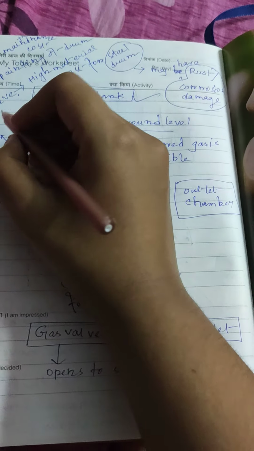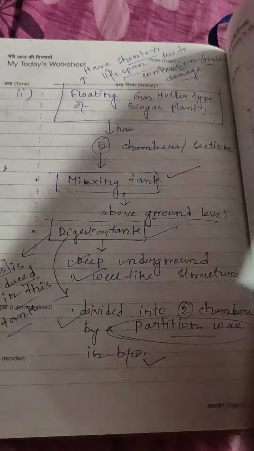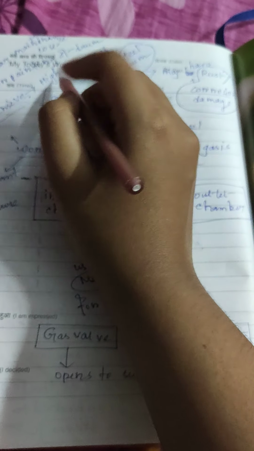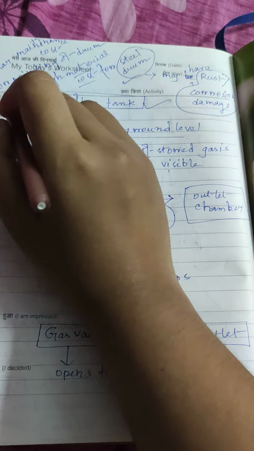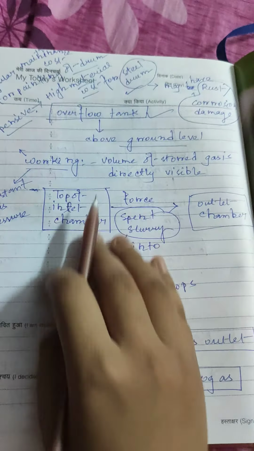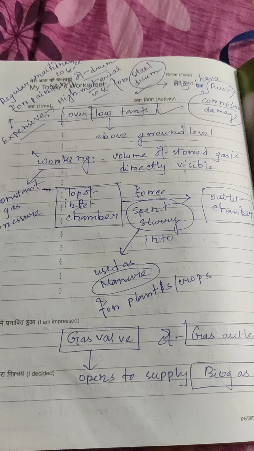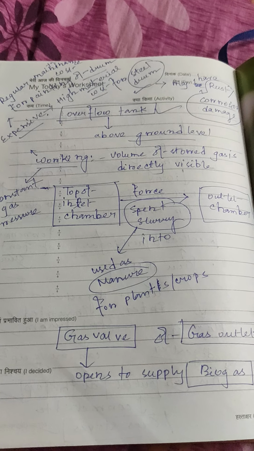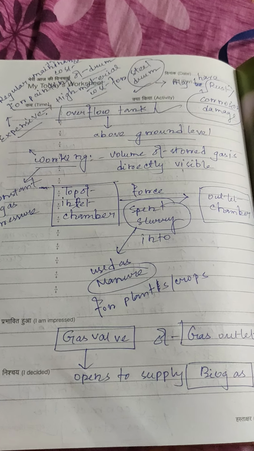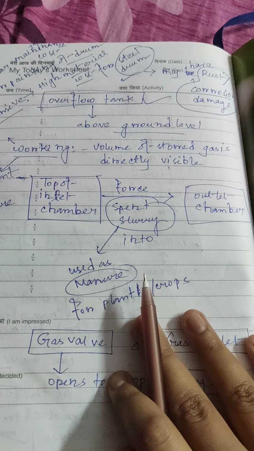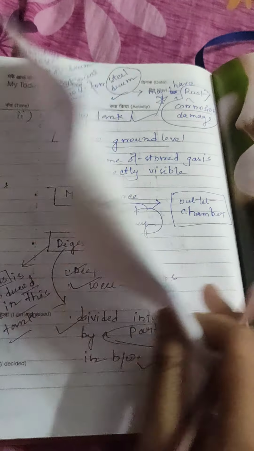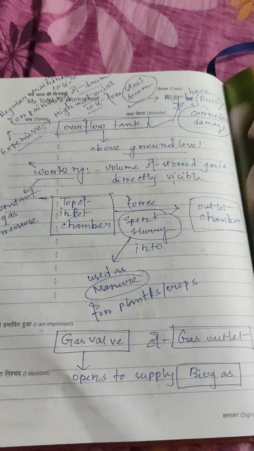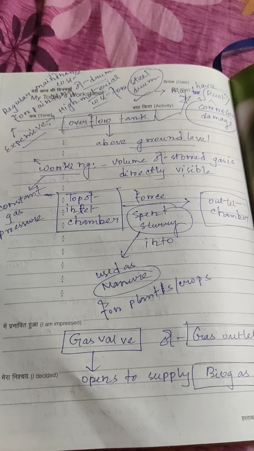Working. The floating gas holder type of biogas plant is expensive: high material cost for the steel drum, and expensive regular maintenance cost for painting of the drum. So it is expensive for 2 reasons. The steel drum may have rust or corrosion damage. So the floating gas holder type of biogas plant has the problem of rust or corrosion damage.